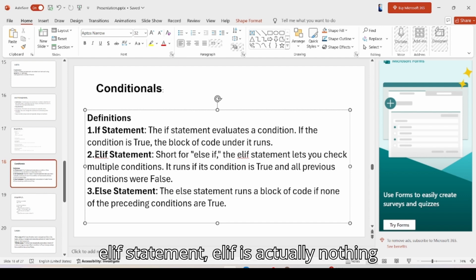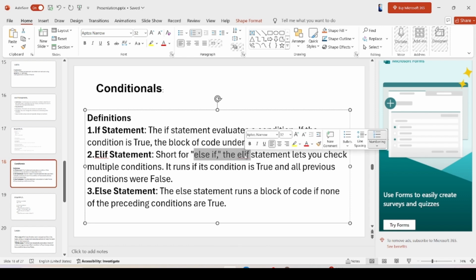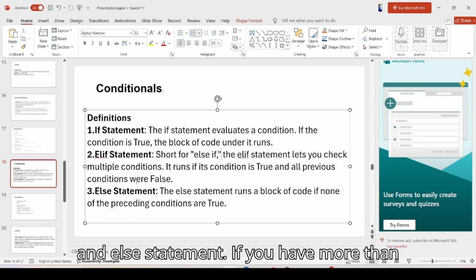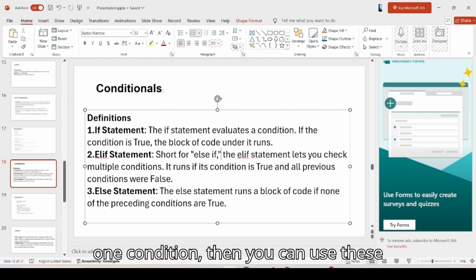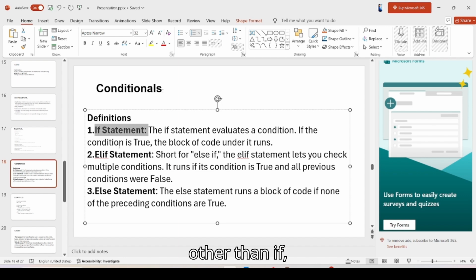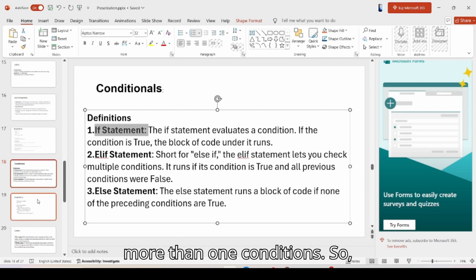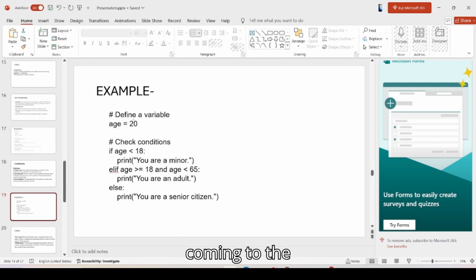Elif is actually nothing but else if, and else statement. If you have more than one condition, then you can use these other than if. Elif and else you can use if you have more than one condition. So coming to the conditionals, see,